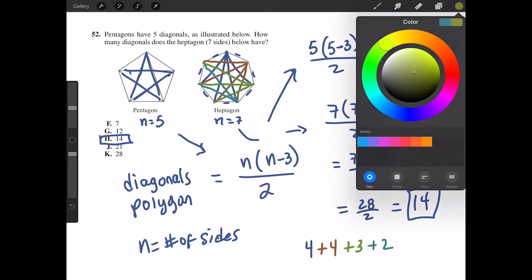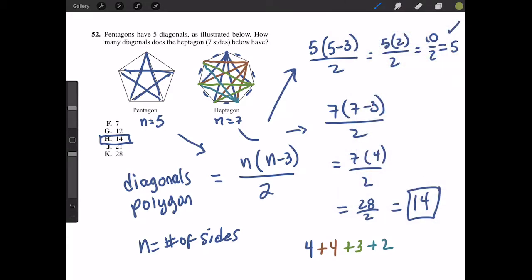So plus 2. And then finally, we have this diagonal left, which is from this point right here. We already have 1, 2, and 3. So it would be this one right here, the remaining plus 1. So if we add all of these together, we end up with 4 plus 4 is 8, plus 3 is 11, plus 2 is 13, and plus 1 is 14. The same number. So you didn't have to know the formula. It helps because then you quickly find it. But if you don't remember the formula, you could have still drawn the